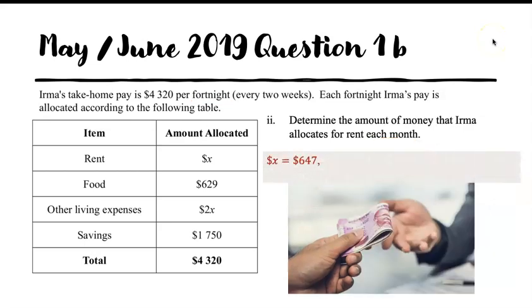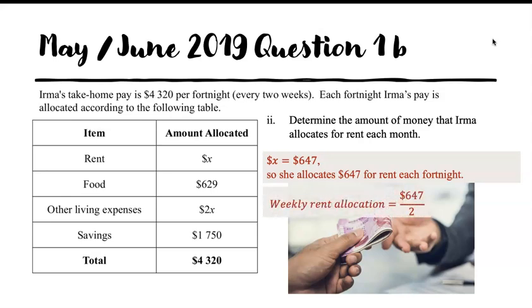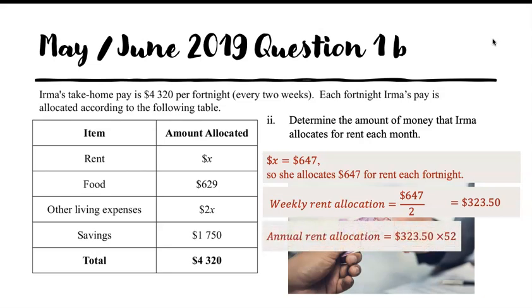Alright, here goes. So x is 647. So that means that she allocates that amount each fortnight. To find the weekly rent allocation, because the fortnight is 2 weeks, we divide it by 2. And we're saying she allocates $323.50 per week to rent. We have 52 weeks in the year, so multiply that by 52. And we get the annual allocation as